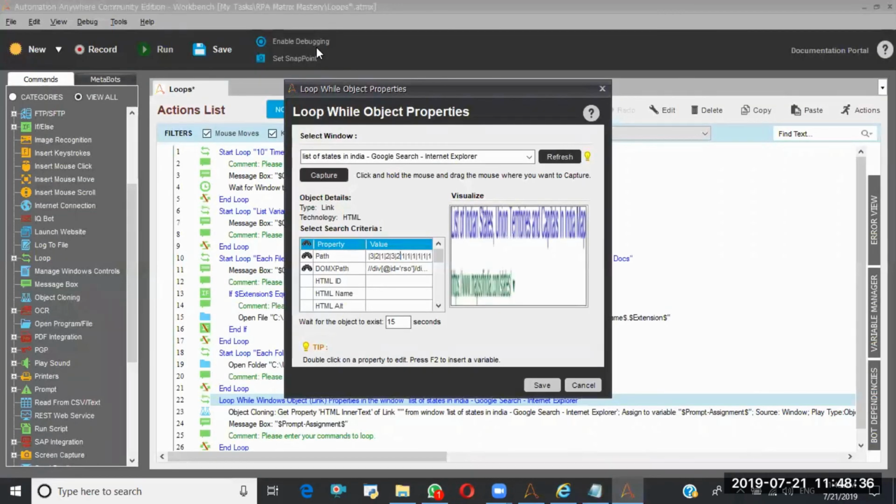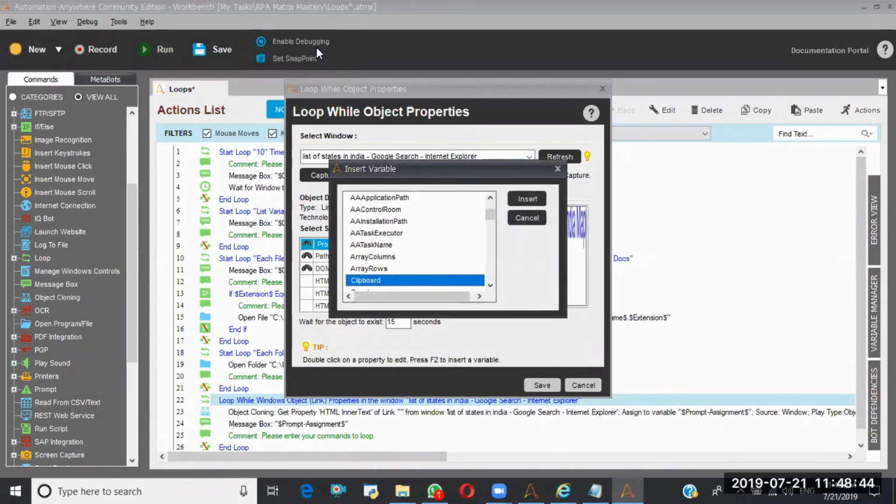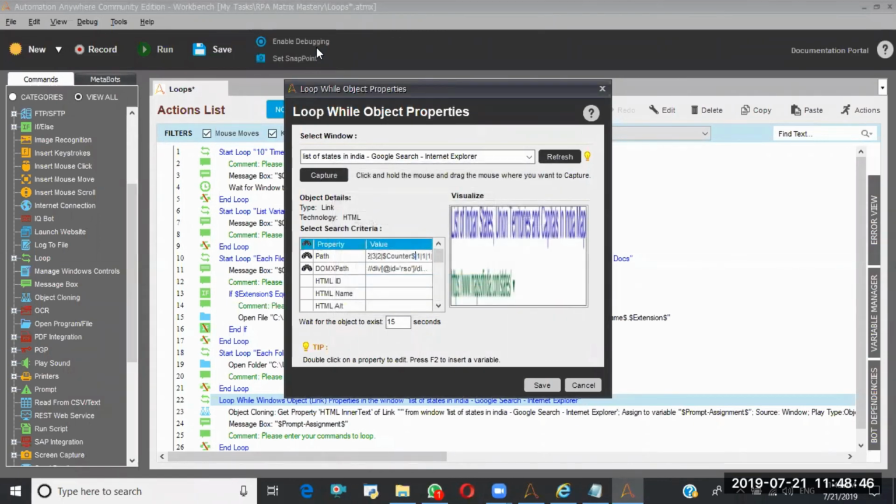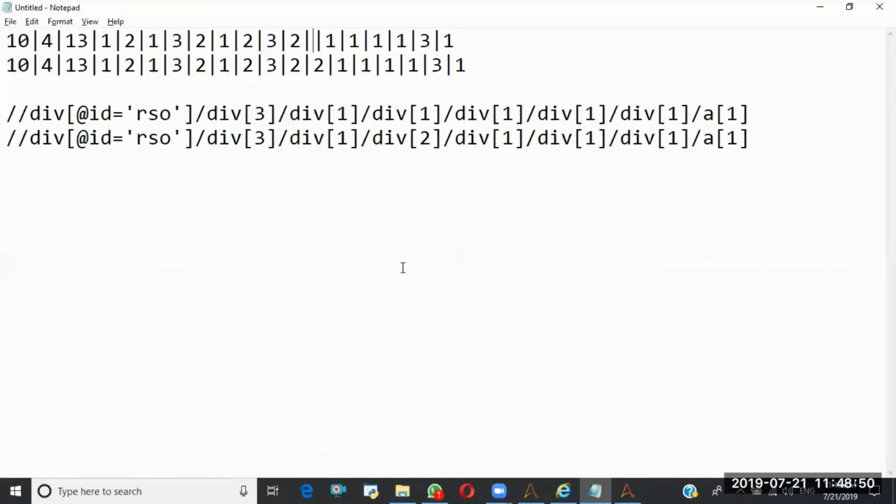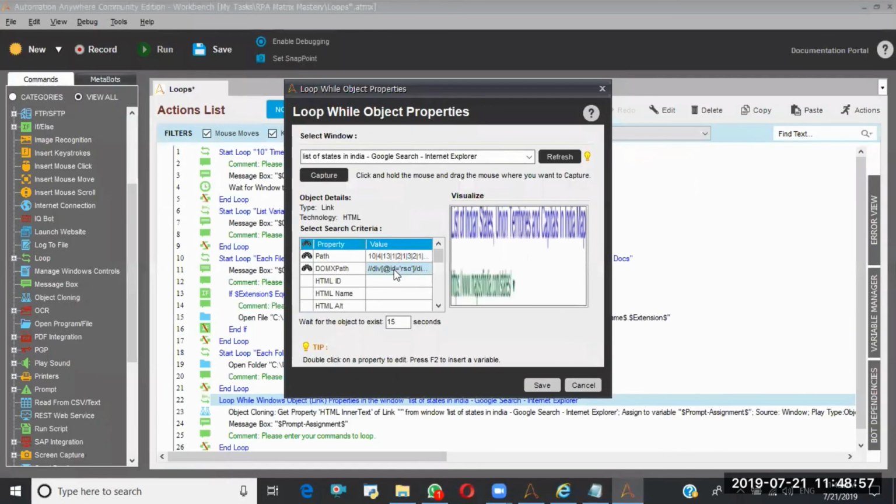So that means this one. I'm removing it here and putting counter. And in the same way I need to do it in the DOM path as well. In the DOM path it is 3, 1, 1.